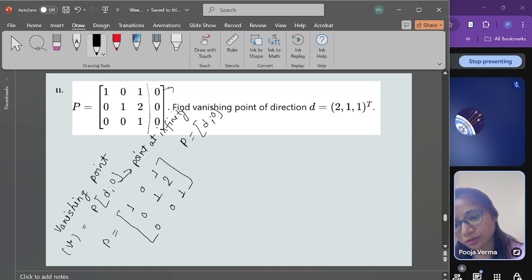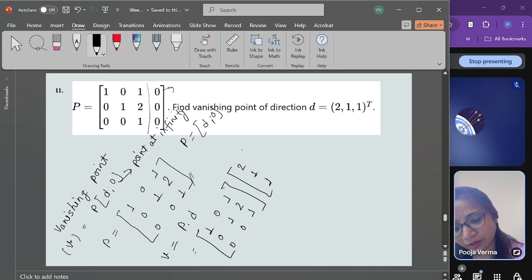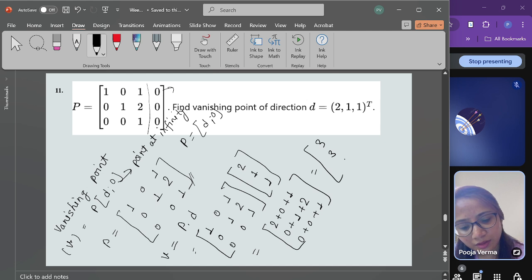So to calculate the vanishing point V, this is P into D. By removing the point at infinity you will get this one. So now calculate P into D to get the vanishing point of that direction. You will get 1 0 1, 0 1 2, 0 0 1 in the direction of 2 1 1. So it's again simple matrix multiplication. You will get 2 plus 0 plus 1, 0 plus 1 plus 2, 0 plus 0 plus 1. So here you will get 3 3 and 1, and again it is a homogeneous form, so convert back into